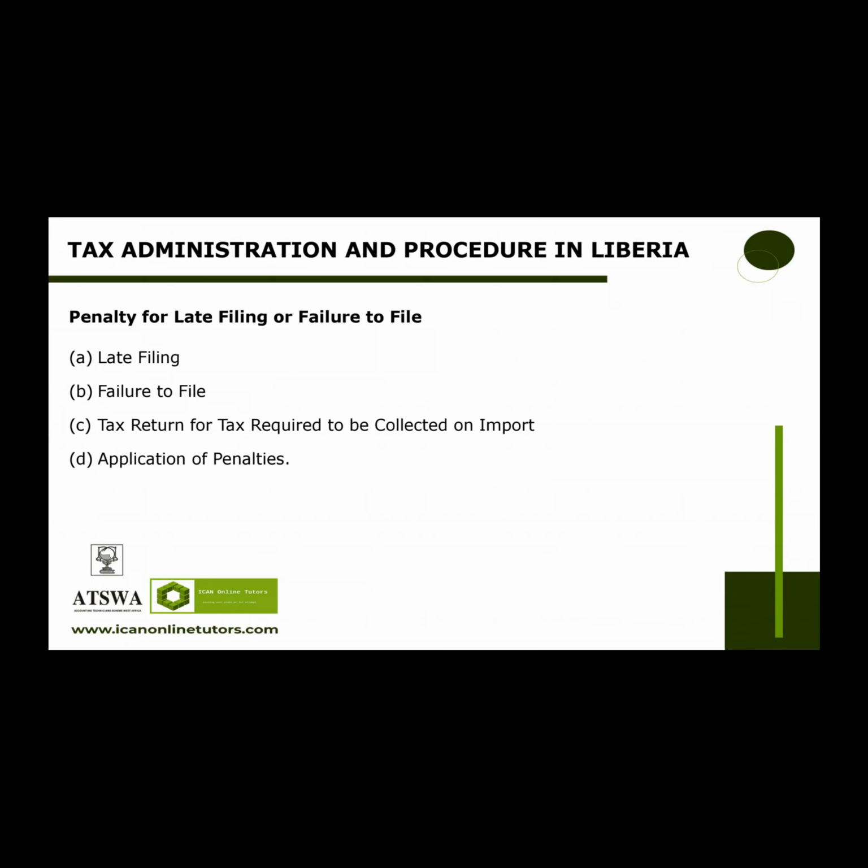The minimum penalty for failure to pay is 10% of the unpaid tax, increased by 10% per month or part of a month during which the tax remains unpaid, and will not exceed 200% of the unpaid tax. So calculation of the penalty begins as of the day the taxpayer is deemed to have failed to pay. If the taxpayer is convicted of willful failure to pay, the penalty is doubled, and the taxpayer may also be subjected to a term of imprisonment of up to 10 years.